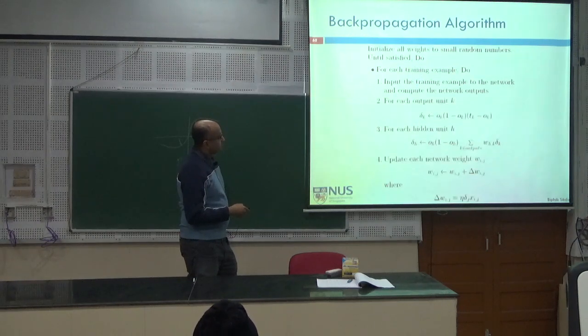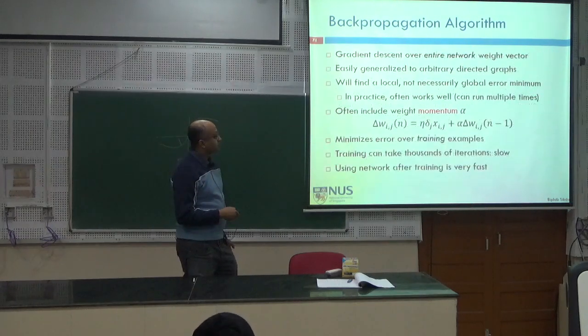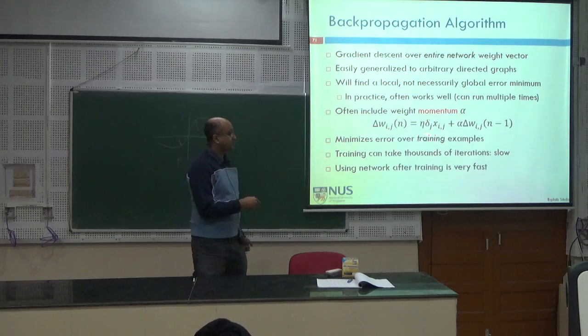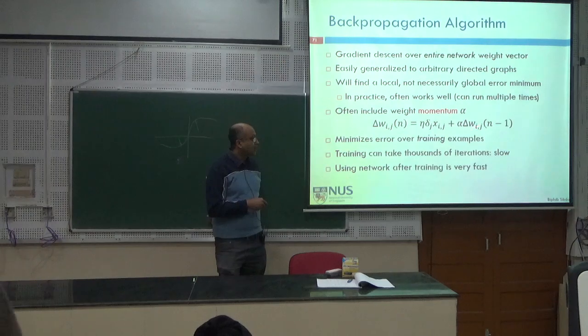Previously, what did we do? This was our factor, right? Wij is changed by delta Wij, where delta Wij is this factor. So this was the previous factor. This is the previous case, the normal case. This is how I calculate my change in the weight value. Now I add this function. What this says is, at the nth iteration, I add some component which is based on the weight of the